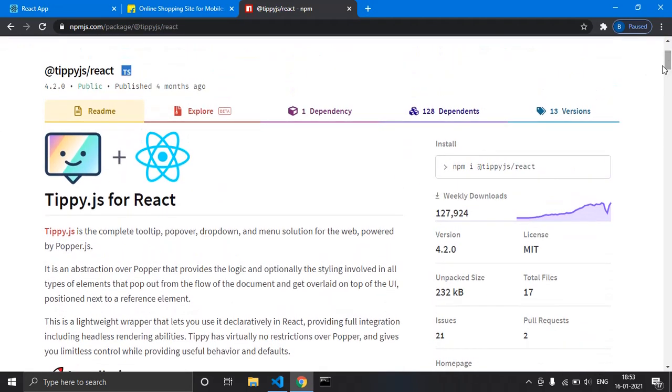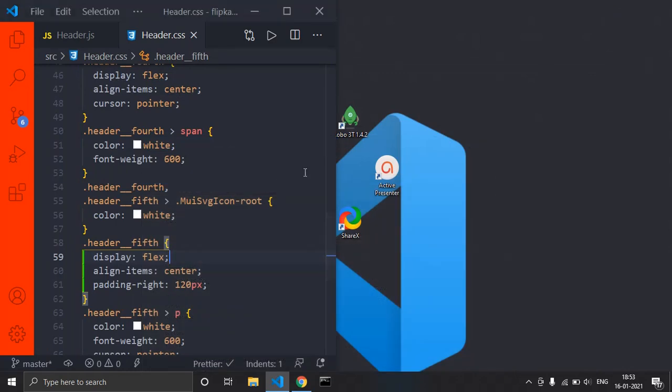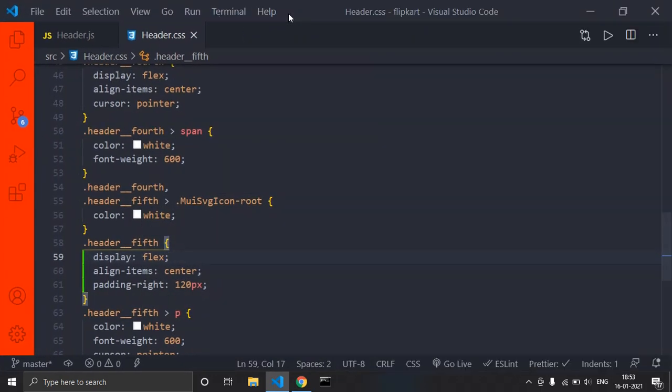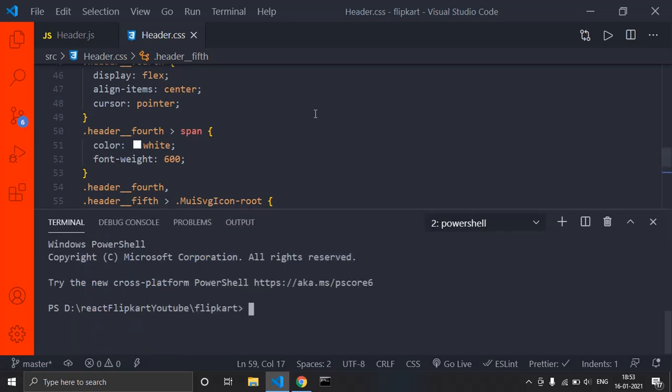Now in order to install that, just click on this to copy that install statement and just come to your VS Code editor. Let me maximize this and just press Ctrl J to open a terminal. See over here, you can see a terminal open so that we can install that package. And just now we copied that statement, right? So just press Ctrl V over here and just press enter to install it. So make sure you have an active internet connection, because we require an internet connection to install packages. But I already have installed this package.